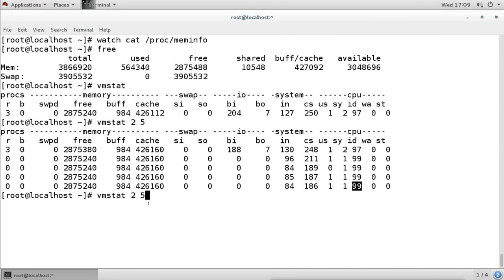Now what we can do is redirect this information into a file to save it for future analysis. We can do this daily, and then at the end of the week or end of the month we will analyze all the data and see what the trend is, what is increasing and what is decreasing. So this is also a monitoring command.